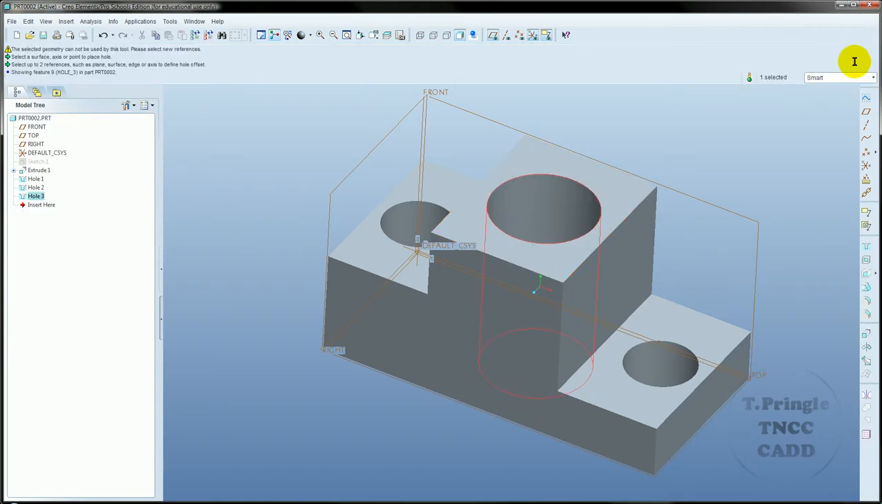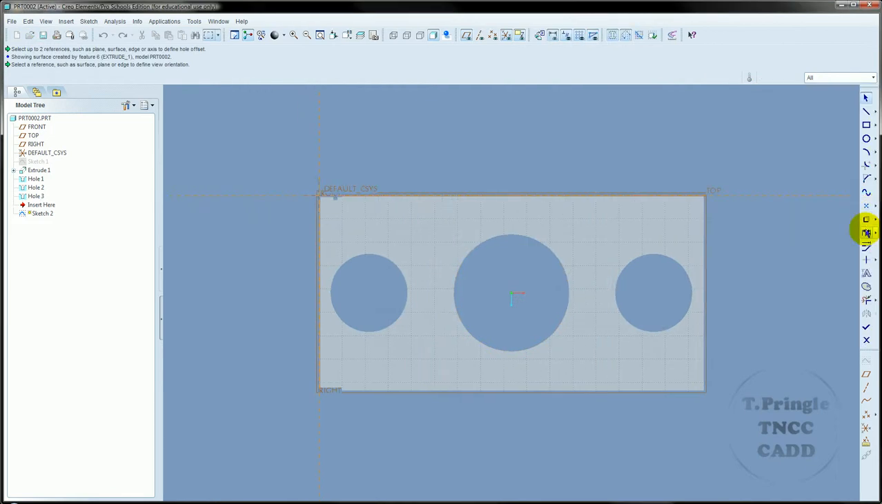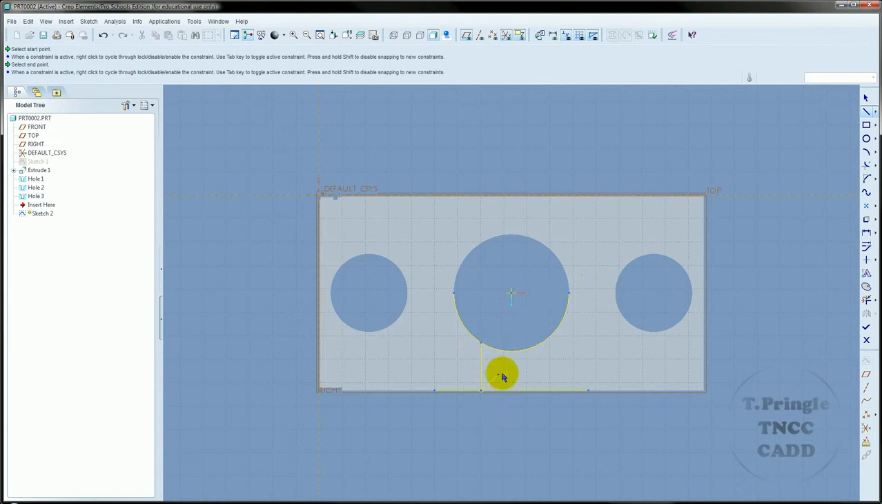Hit the green checkbox. Okay, now I need to click on my top surface and do a new sketch on my top surface. So I'll click sketch. I want to use the bottom half of this and this line right here. The next thing that I can do is just draw 2 lines. I want to draw a line from here straight down, and then I want to draw a line from here,